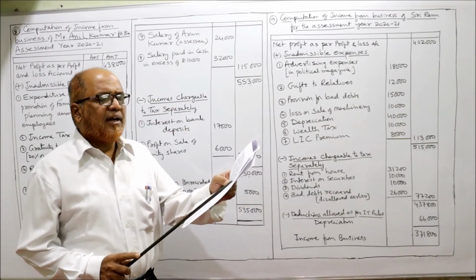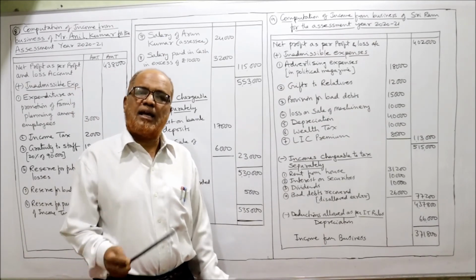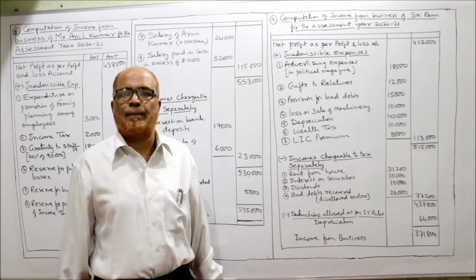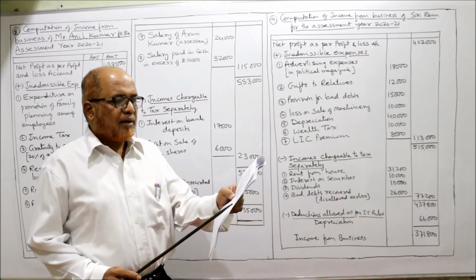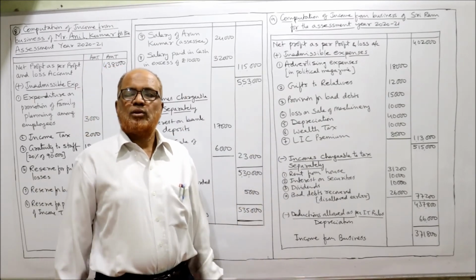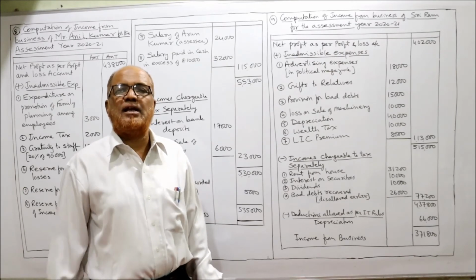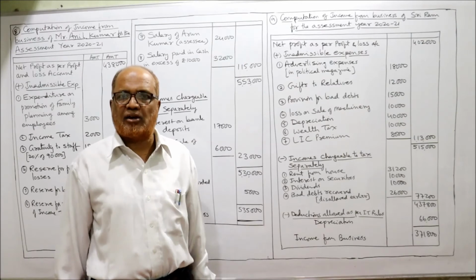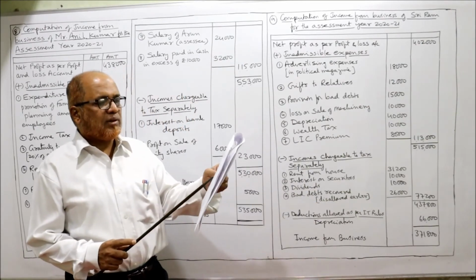Next one, interest on securities. Interest on securities is taxable again under income from other sources. It's not a business income. So interest on securities will be deducted. Dividend, 10,000. According to the provisions of the Income Tax Act, dividend received from Indian companies is fully exempted from tax. Not taxable at all. So we deduct dividend, 10,000. And then the last one,